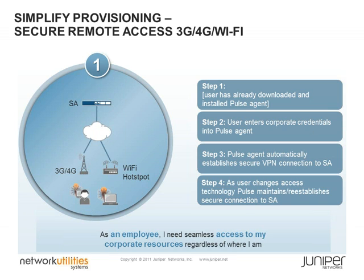So the message from Juniper here to simplify secure remote access is, again, to use the same Juniper Pulse client. If we talk through the steps here for secure remote access on the slide, the user, again, has downloaded the agent from the App Store, has it on their device. In the agent, they put in their corporate credentials. The Pulse agent then automatically establishes a secure VPN connection to their SSL VPN appliance, whether it's a Juniper SA